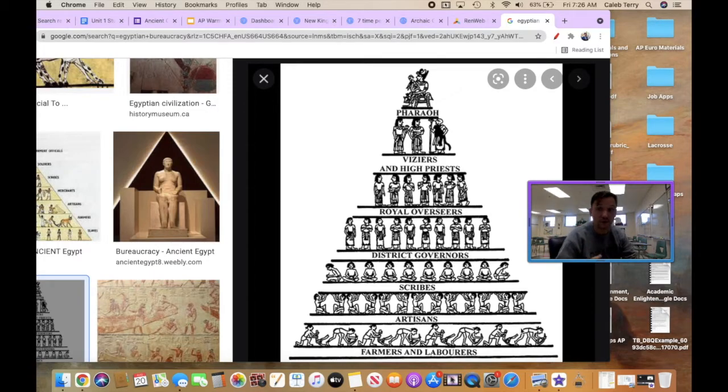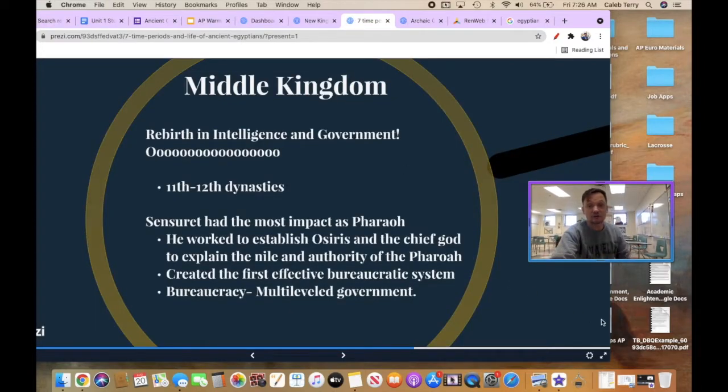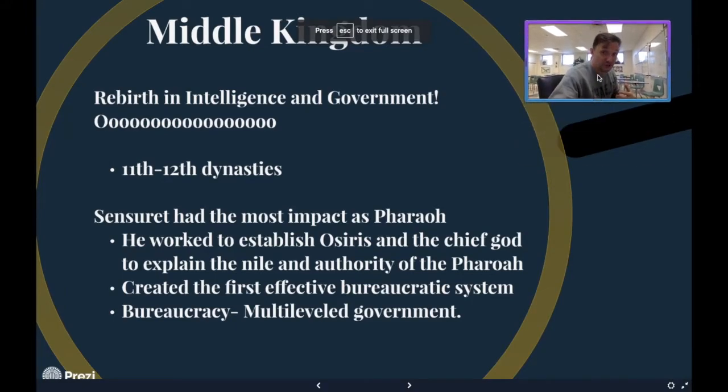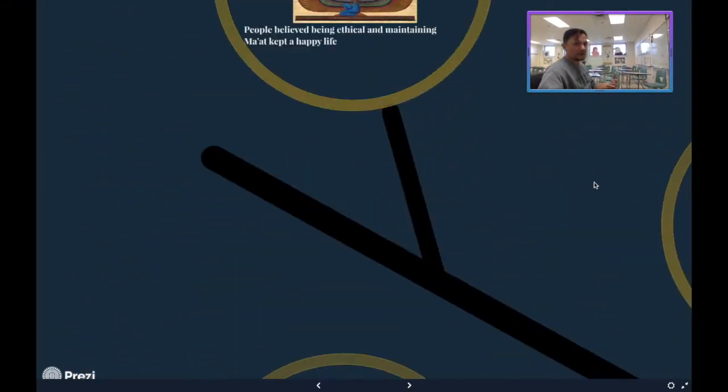It's kind of like the way Miss Dantagnan runs the school, right? So she would be like our leader, and she is considered like our pharaoh, right? Our pharaoh queen. And she then tells Miss Panzavecchia, Miss Rowley, and Miss Spafford what we're going to do. And then they tell the teachers, and then we tell your parents, and then we tell everybody else in society that actually is important until we get all the way down to the bottom to y'all, way down there, real far down there. Now, anyway, that was really important when it comes to the construction of the Middle Kingdom and the concept of the pharaoh working more efficiently to avoid another intermediate period later on.